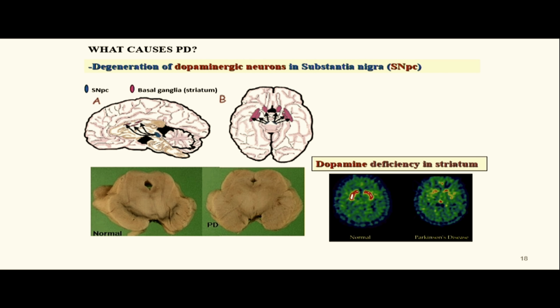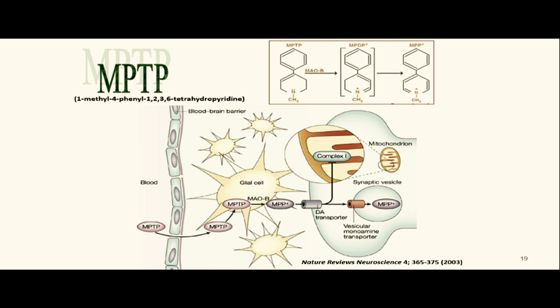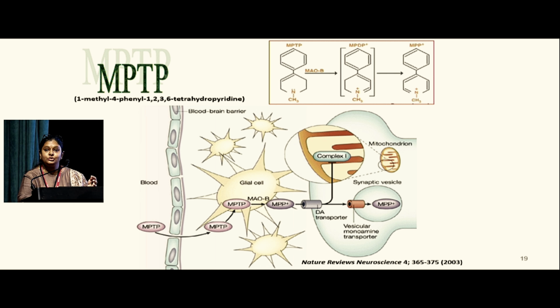So what happens is there are several toxic molecules which we might be exposed to, for example the pesticides, etc. One among the toxic molecules which can induce Parkinson's disease is called MPTP. This toxin enters the nervous system through the blood-brain barrier, and there the helping cells of the neurons, that is the glial cells, first take up this MPTP and then convert it to a form called MPP plus,